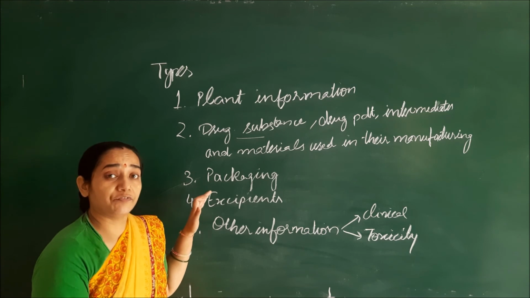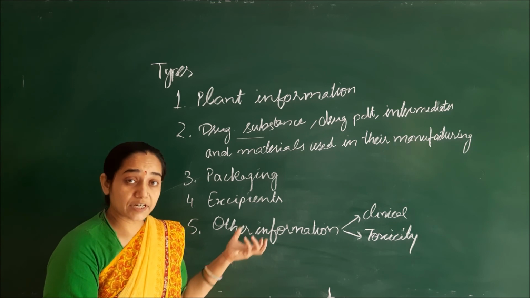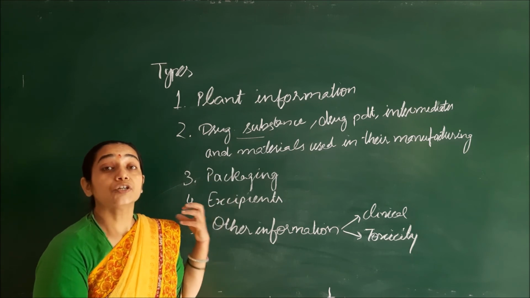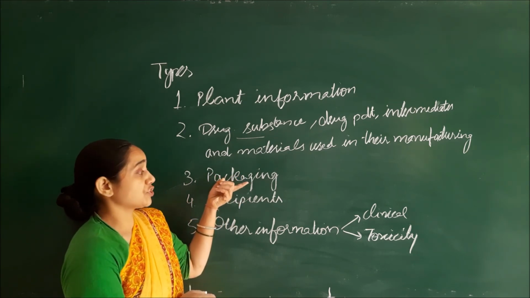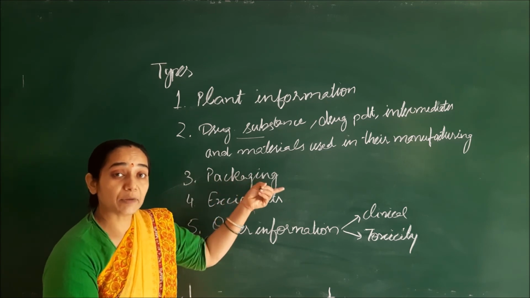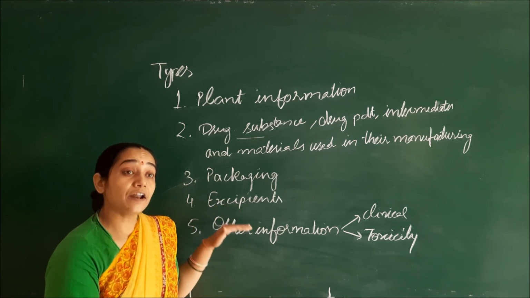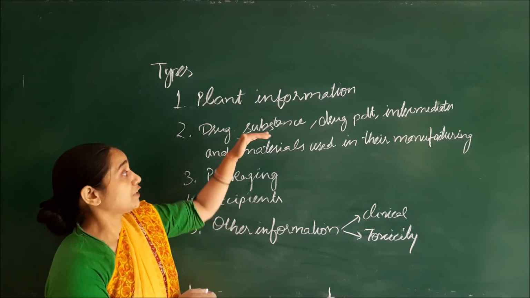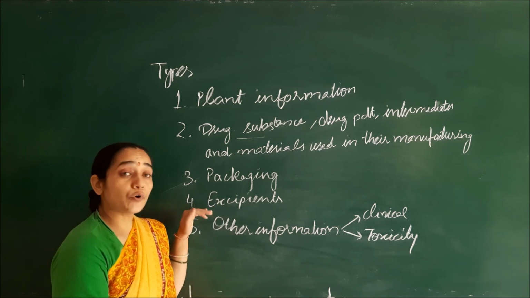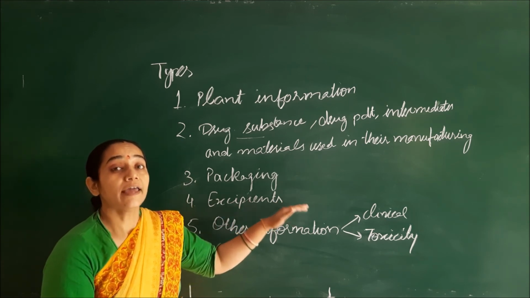Whereas all the packaging information, meaning what kind of package will be used for a particular drug substance or drug product, and how these intermediary drug products should be stored, will be supplemented and written in type 3, the packaging type Drug Master File. As well as what is the chemistry of the excipients and what is their biocompatibility with the drug substance, will be written in Drug Master File type 4, that is excipients. It will contain all the information about the excipients.